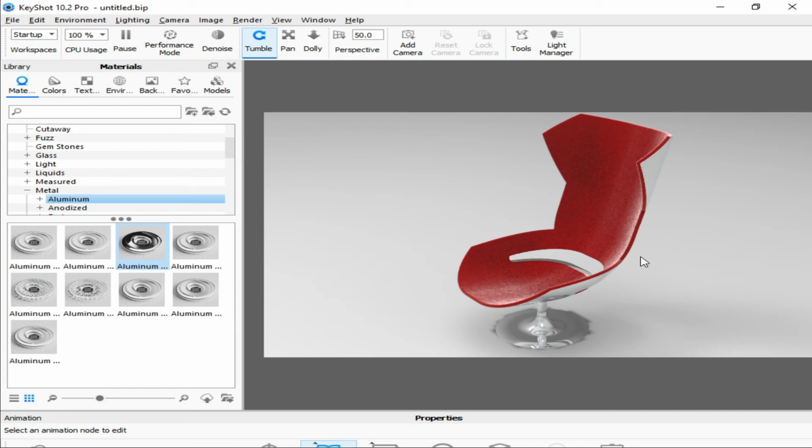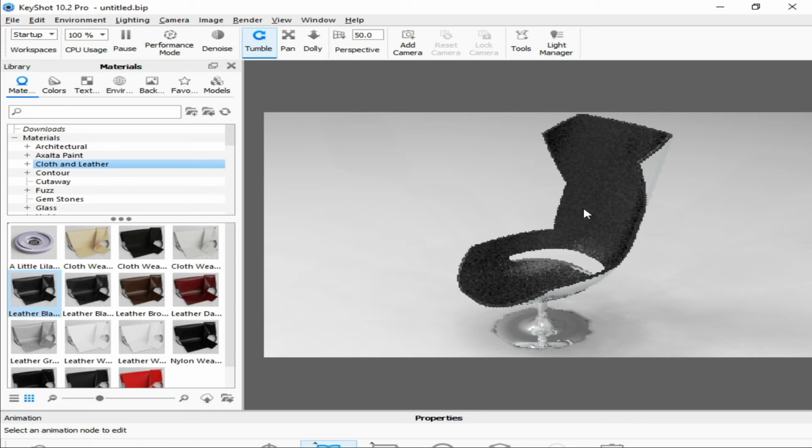You can check another cloth or leather. Let's check this brown leather. It's looking a little bit dull. We can select also this. I think the red one is the best for it.